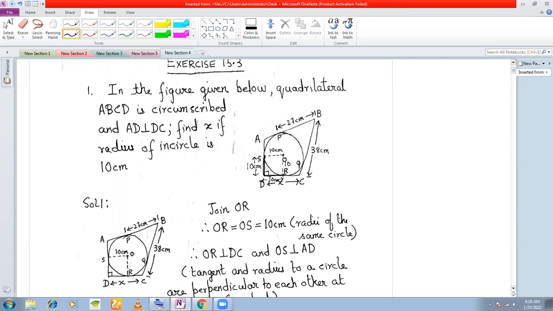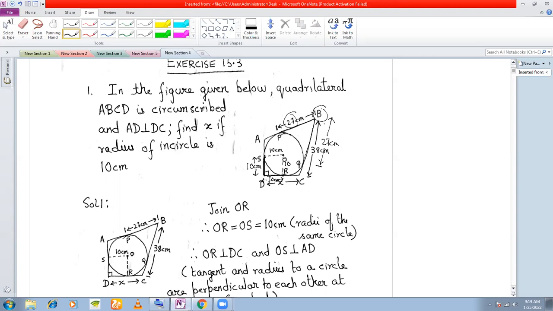So this must be SD, and DR must be 10 centimeters. Now look at the point B. From the point B, you're drawing two tangents, right? BP and BQ. These two are the tangents. What is the length of BP? 27. So therefore, the length of BQ must also be 27 centimeters